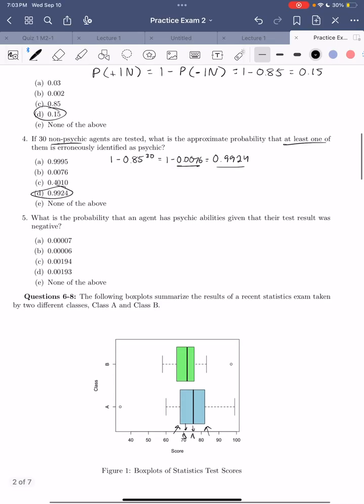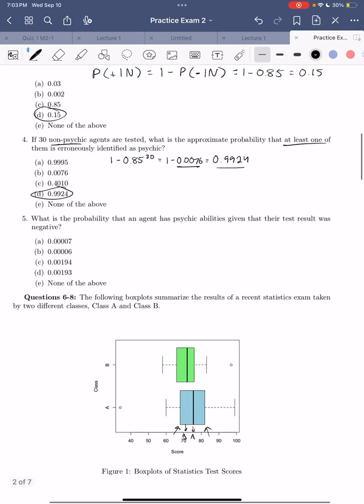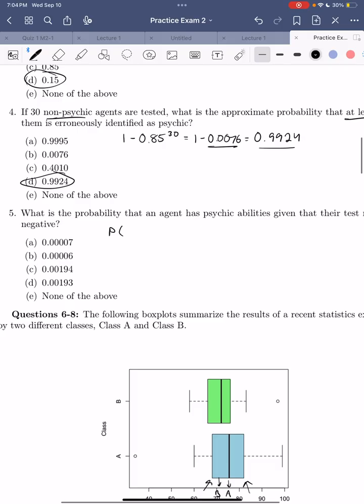Okay, so what is the probability that an agent has psychic abilities given that their test result was negative? Here we're looking for the probability of the agent being psychic given that their test result was negative. So we can use Bayes' rule here. This is equal to the probability of the agent being psychic and having a negative test result over the